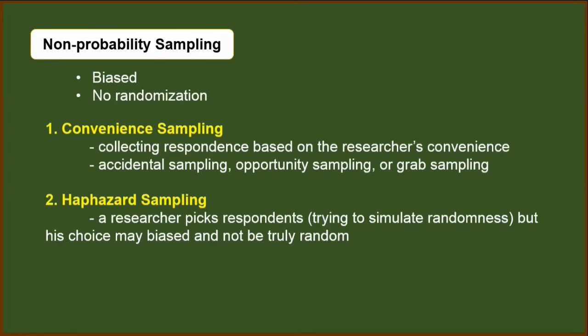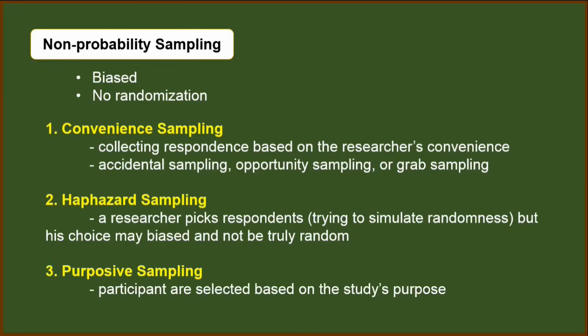For example, a researcher wants to include all the students in their school as the respondents in his study. So he may stand in front of the gate and choose students who enter that school gate. It may look random, but we are not sure if his choice of the respondent will be really random or is there a bias? Is there a criteria why he selected this student? There is a question on the fairness of how he selected the respondents out of the population.